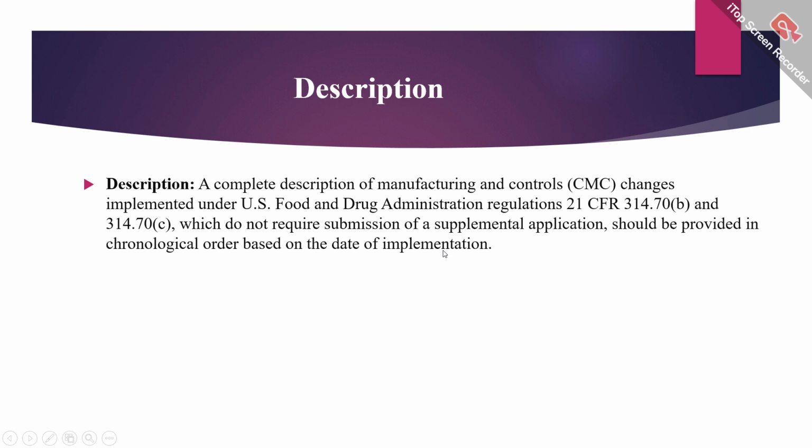Yeah, see here. According to 21 CFR 314.70(b), that is for prior approval supplements, and 314.70(c), that is for CBE-0 and CBE-30 supplements, the changes which are not under these cases, we will submit them in the annual report. That is 314.70(d), annual reportable changes. Based on the chronological order, we have to check the order of the description. Whatever the changes, we should keep from starting to ending, meaning first to come first